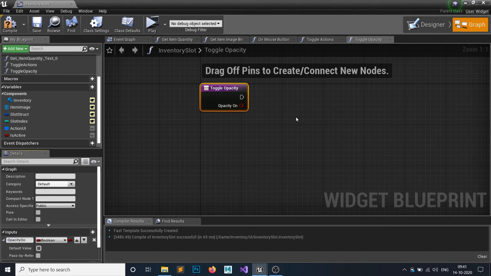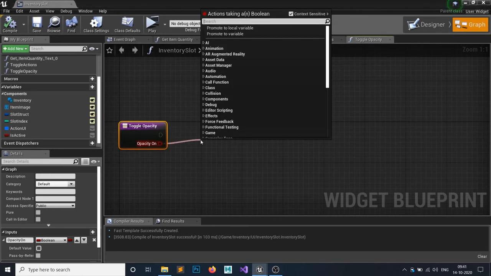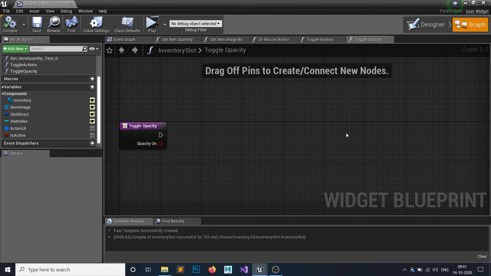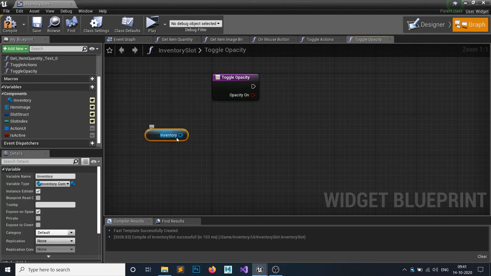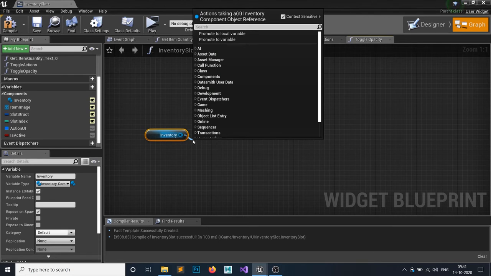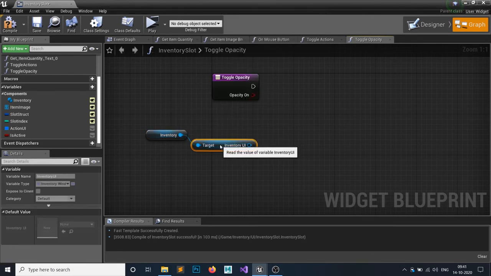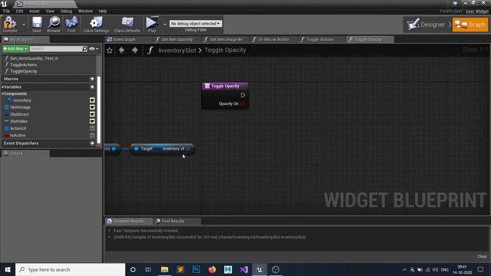I want to create this parameter of opacity on, and if it's true, then we want to set this opacity, otherwise not. So how are we going to do that? Grab your inventory. Inside your inventory, get the inventory UI, because we want to set all the slots' opacity. This is why we have grabbed this inventory.